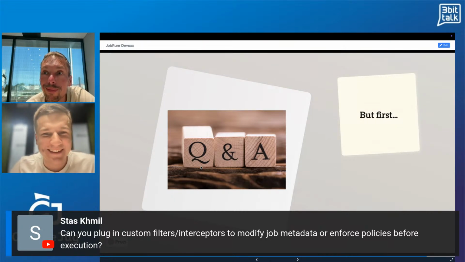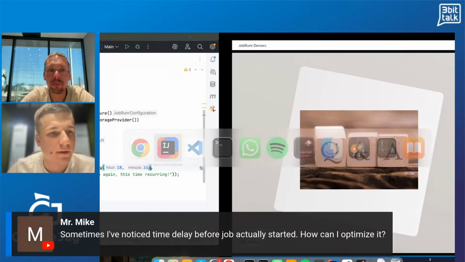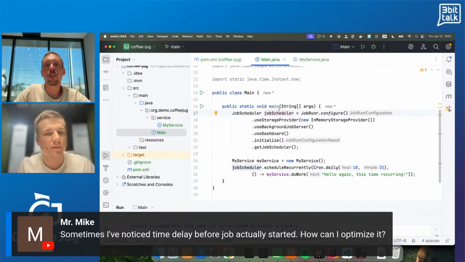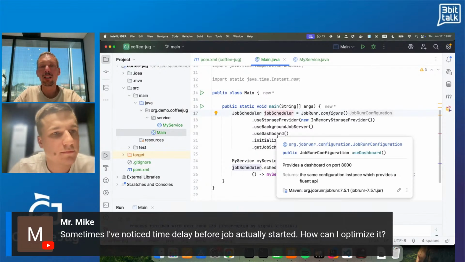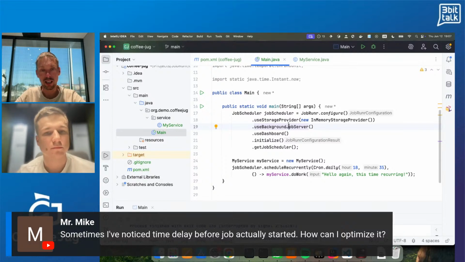Sometimes I notice time delay before job actually started. How can I optimize it? Yeah, that's a really good one. Let's go to IntelliJ. By default, we will only check your database if there is any work to do every 15 seconds. So it's waiting 15 seconds, and then we check, hey, is there any work to do?